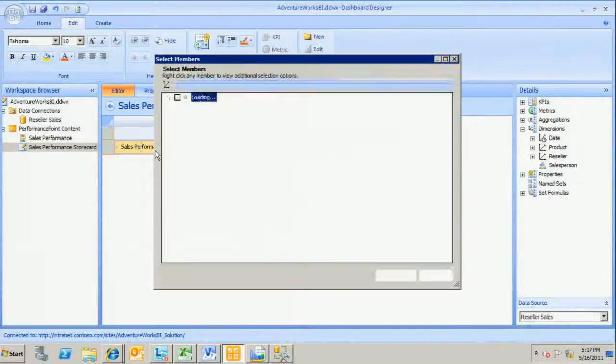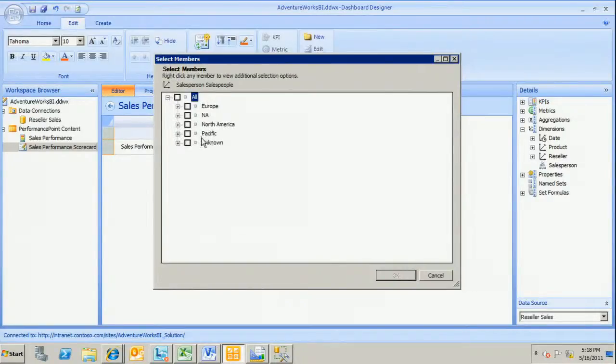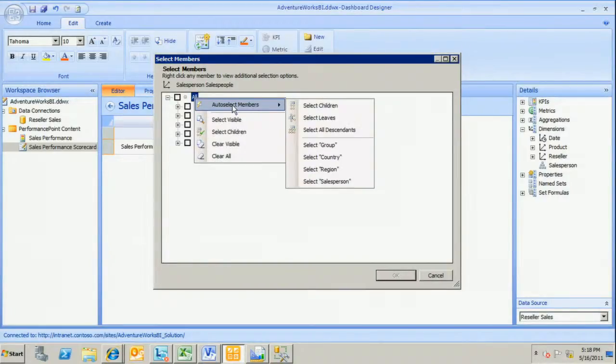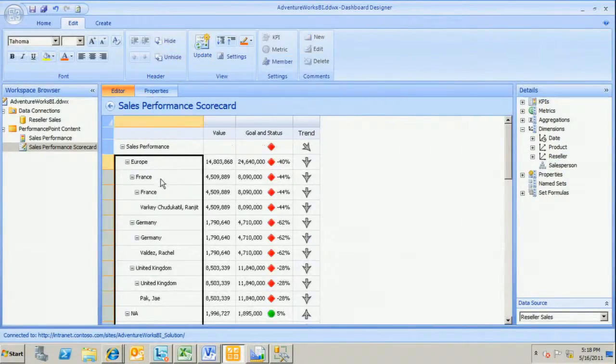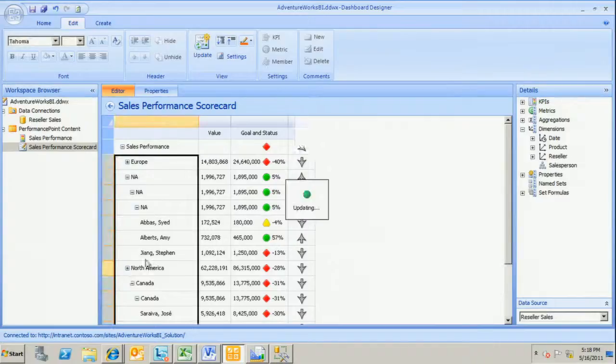So in this example, I will say, place those members beneath the KPI, and we could go ahead and select a static list of members, or I think much more interesting is auto-select. Let's select all descendants. And so dynamically what it does is produces this hierarchy that shows us by group, country, region, and our employees. And now we can assess status